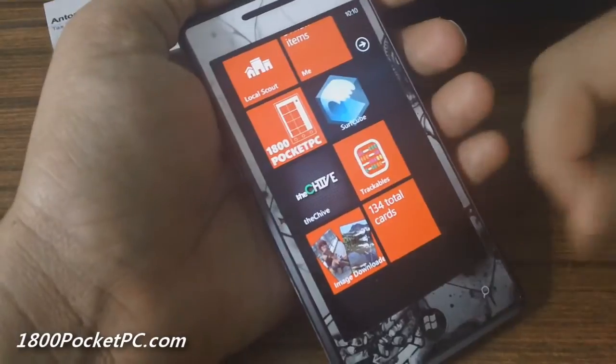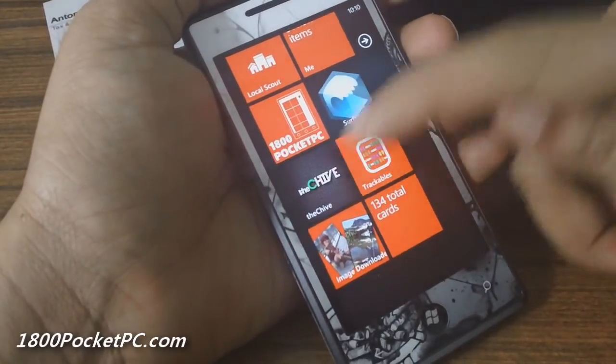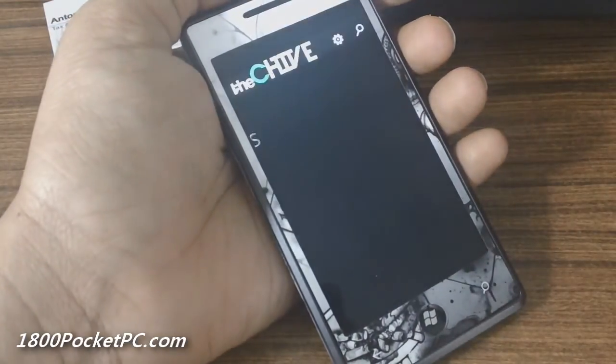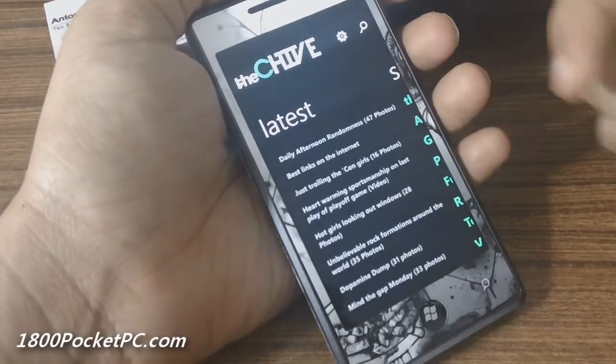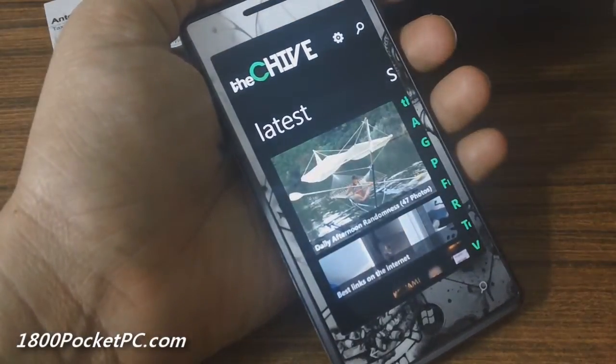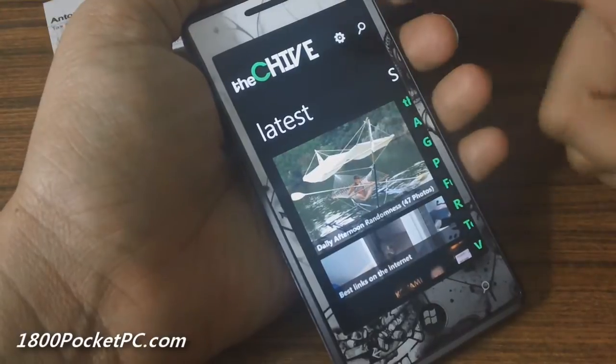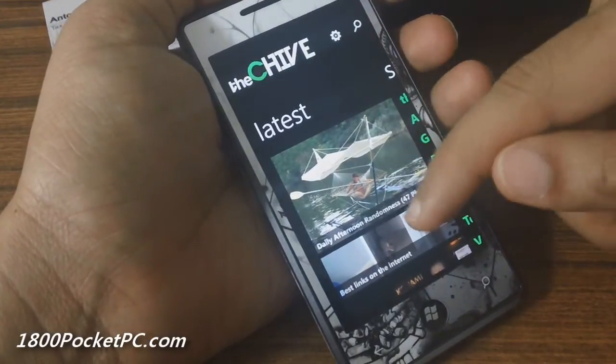Hey guys, today we'll be checking out 4 new apps. The first one is theChive. So this is a Windows Phone app for thechive.com, and I don't think this is the official app, but it works quite well. So in the main menu you've got the latest post that comes up,